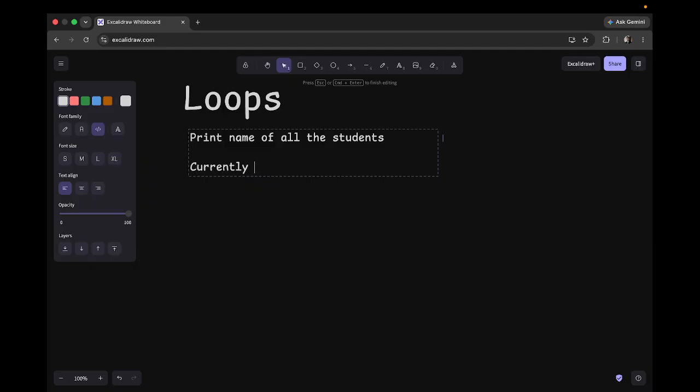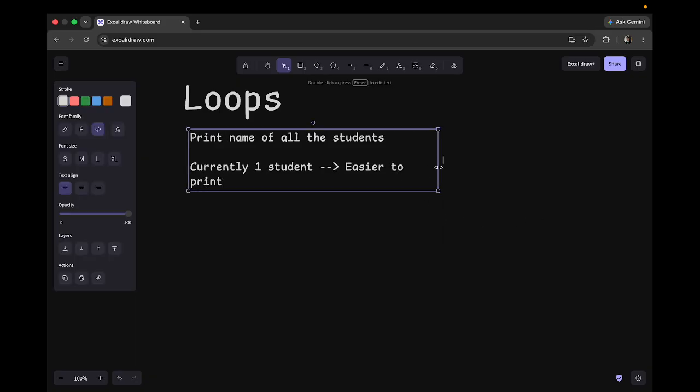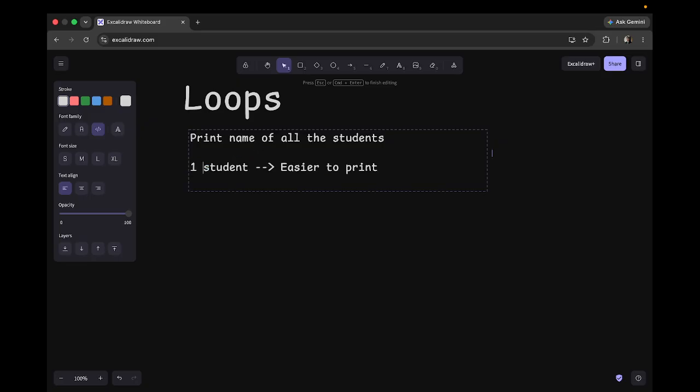Currently there is one student in the academy, so it is easy to print. But let's say there are 500 students,